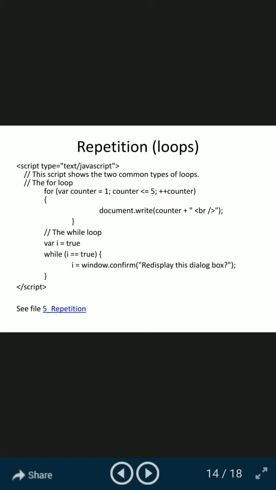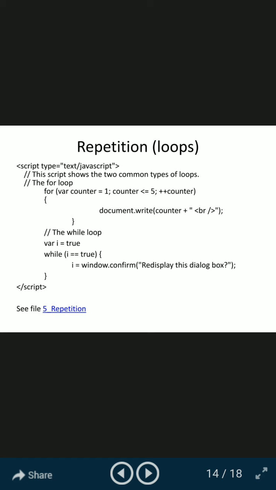Here I have given var counter is equal to 1, counter less than or equal to 5, and counter plus plus, that means increment value. You have to open the curly bracket, and if you want to give some message, then write document.write counter, and then close the curly bracket.